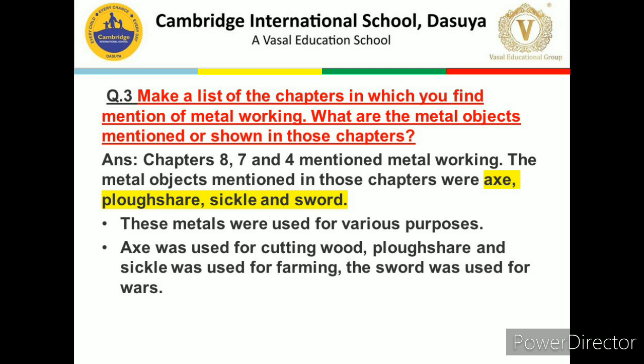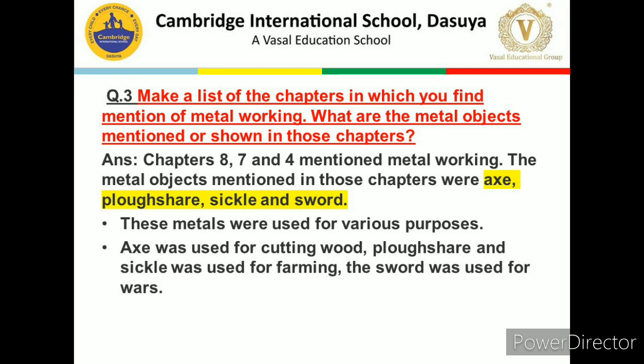There is one more question from your back exercise, that is make a list of the chapters in which you find mention of metal working. What are the metal objects mentioned or shown in those chapters? So in chapters 7, 8 and 4, they have mentioned metal working, and the metal objects mentioned in